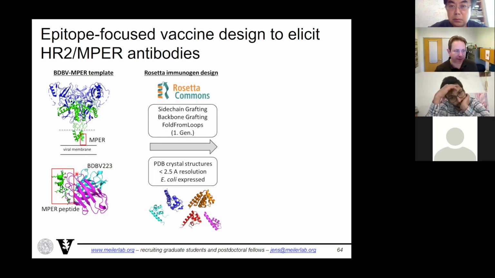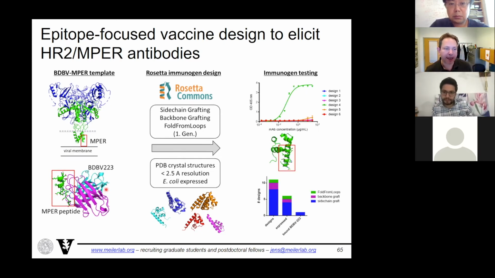And so we took this little alpha helix and we looked for proteins that can stabilize this helix in its crystallographic conformation. We put the sequence on for the mPOR region, the residues that are critical for interacting with this antibody. And then you get a very small protein now that binds very tightly to this antibody that you want to elicit.